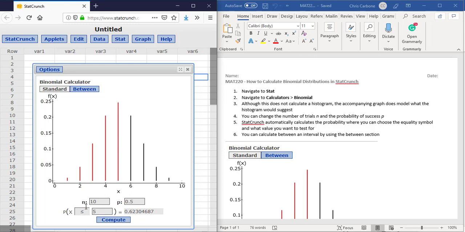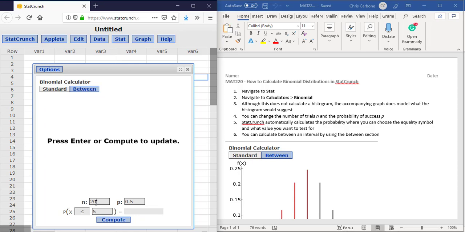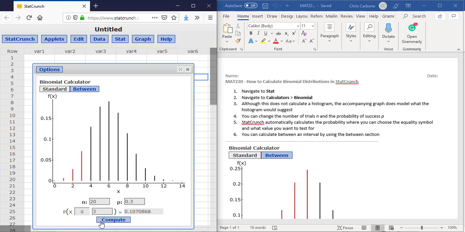So for example, if we have a sample size of, let's use 20, and a probability of success of 0.3. If I want to find the probability that we have at most, let's say, 3 successes, the computation of that, based upon my example, would be 0.107. Likewise, if I want at least 3,